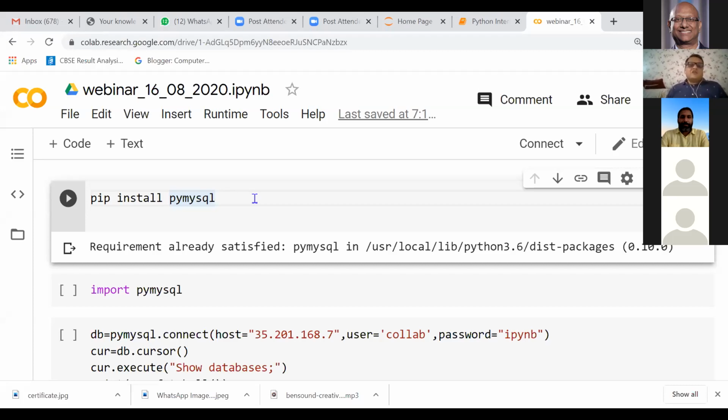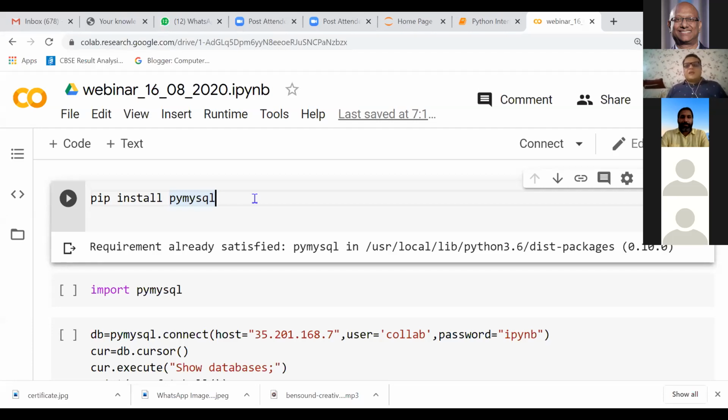But when we use IDLE, as CBSE always recommends, we will not get most of the libraries pre-installed. So people use different ways to work with Python. A few use PyCharm, a few use Thonny. There are many environments available, and many teachers are using Google Colab nowadays.